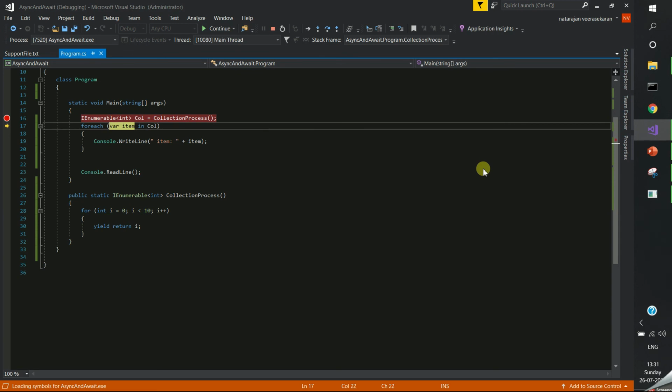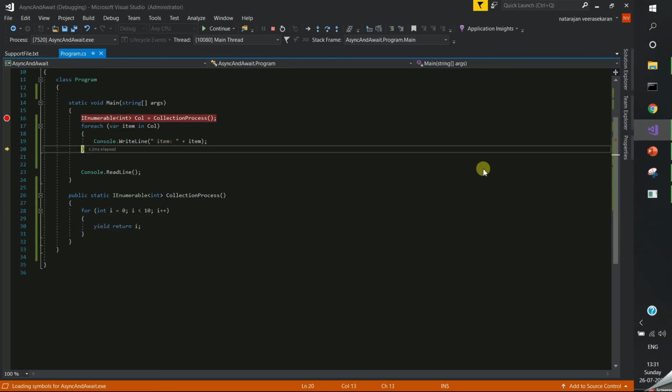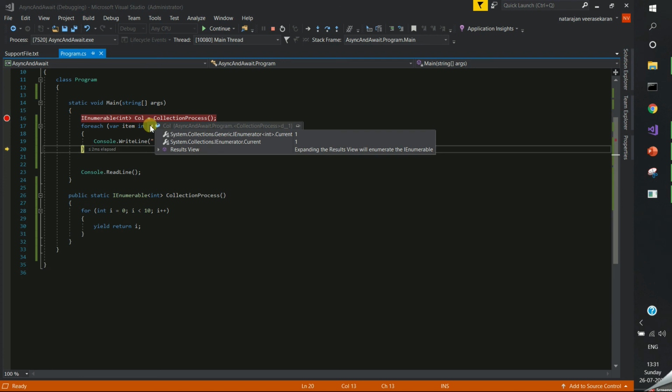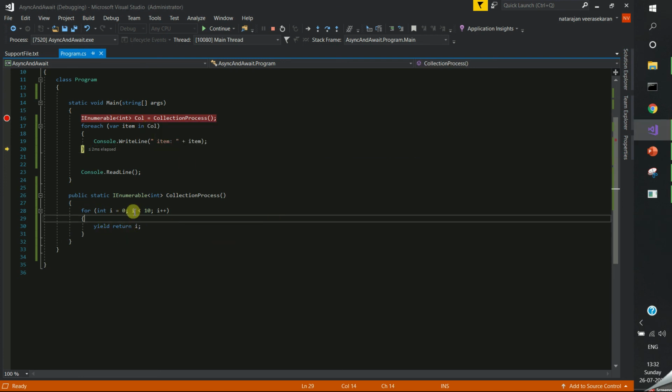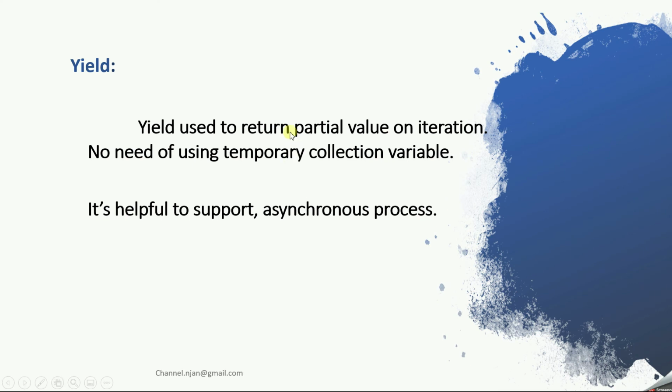You can see here, in every iteration I am getting and printing, again I am getting this value. I am moving here, this flow is going here and coming here, going here, because it is doing as an asynchronous process. Previously, what will happen, it gets completed here, then it moves on to this. Right now if you check this collection, it won't have all the properties, I mean the 10 values, but previously it has. So purpose of yield, you got it?